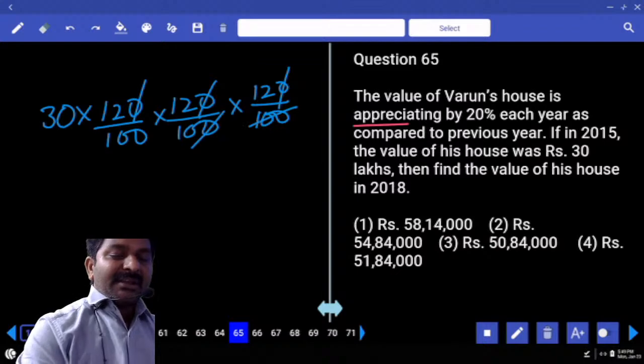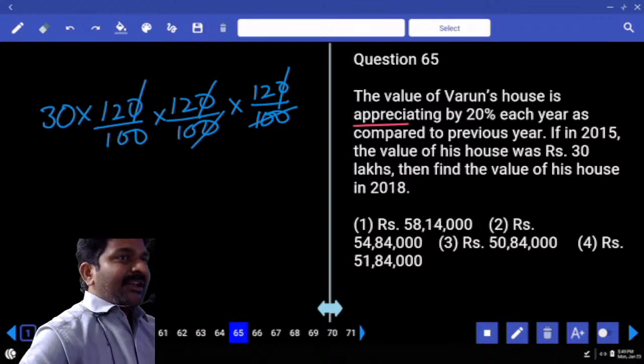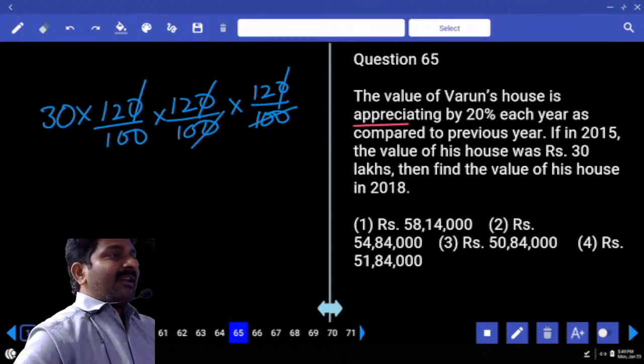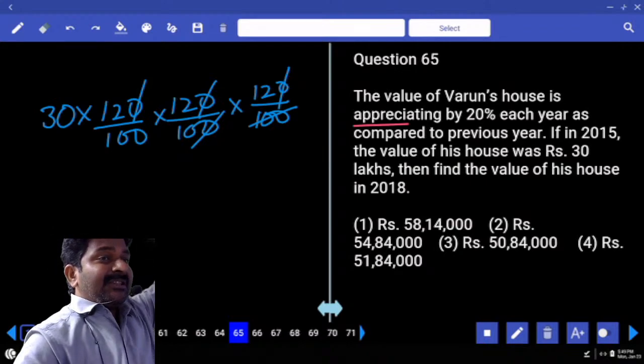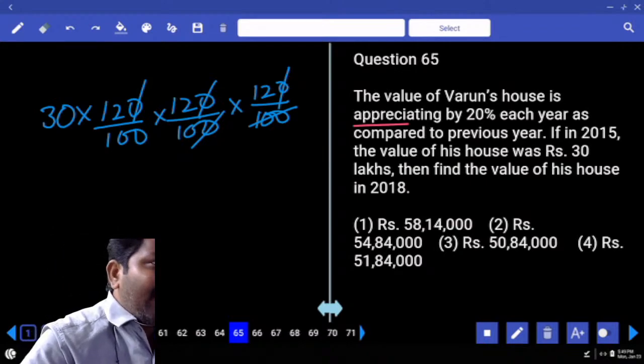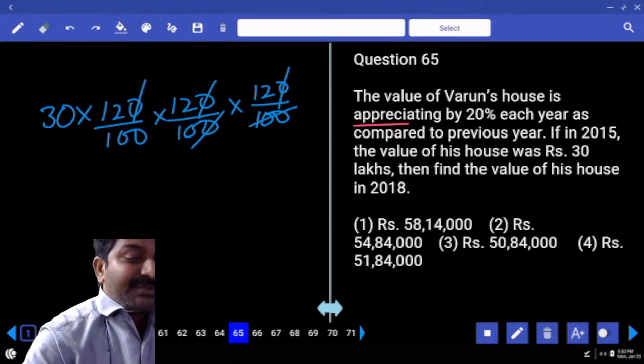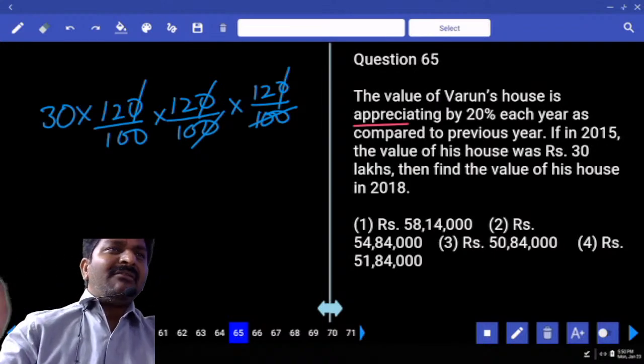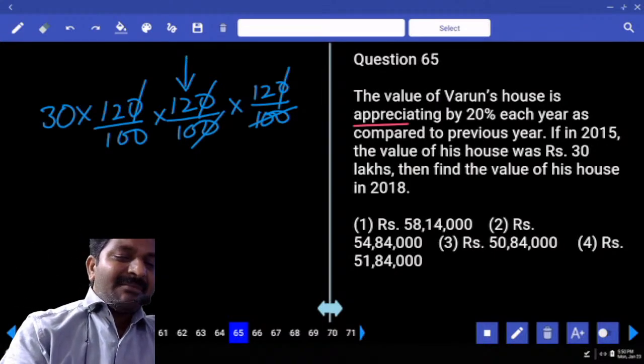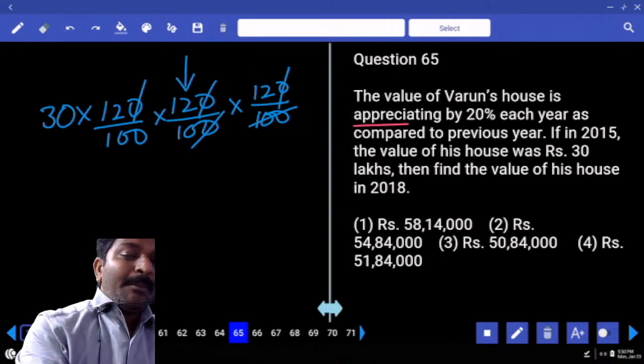In the denominator also, you can straightforward cancel 3 zeros. In the denominator, 3 more zeros are there. But in 30, we have lakhs. 30 into 10 to the power of 5 is there. Don't bother about the number of zeros. The moment I see 12 into 12, 12 is a 9 multiple, again 12 is a 9 multiple, the product is